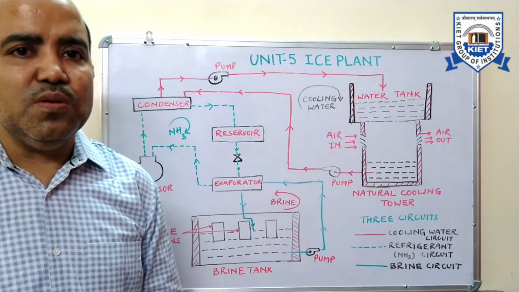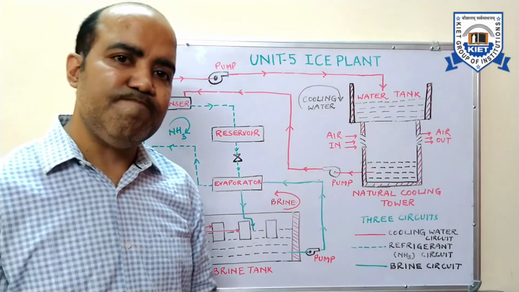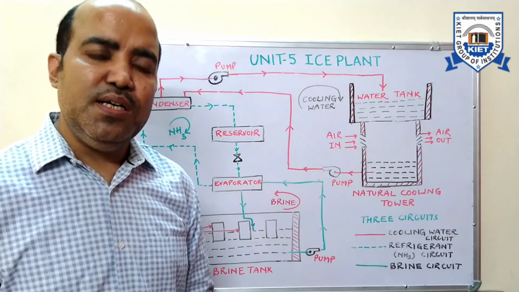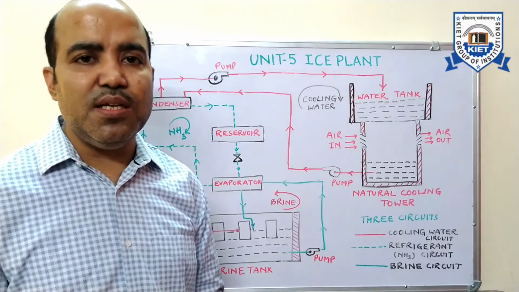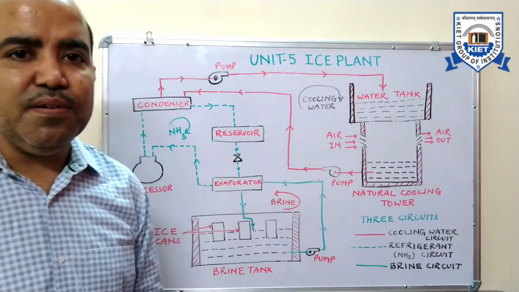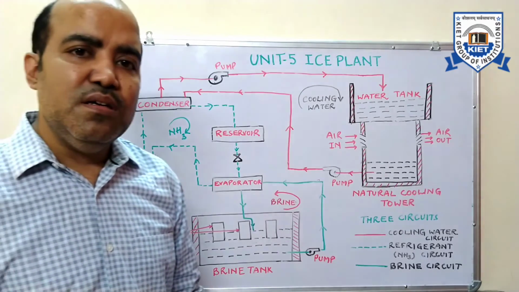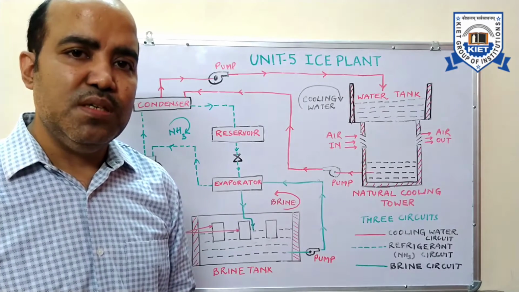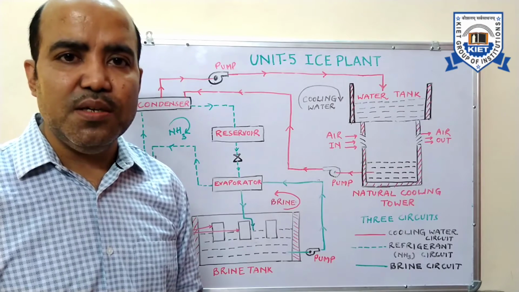Right. So refrigerant vapor indirectly absorbs the heat from the water that is kept in the tray. And then this water is converted into ice, right? So similarly in this case we have a refrigerant which is employed to take away the heat from the water and convert that into ice.